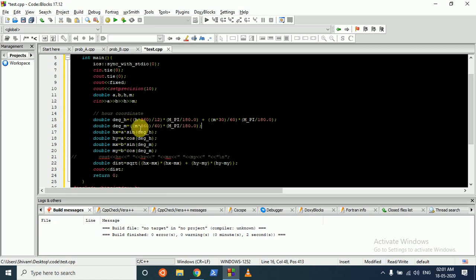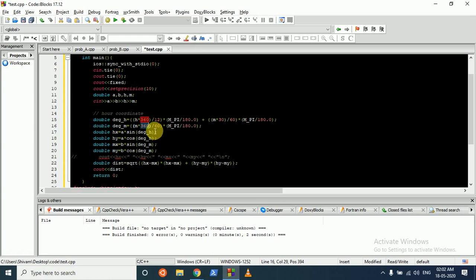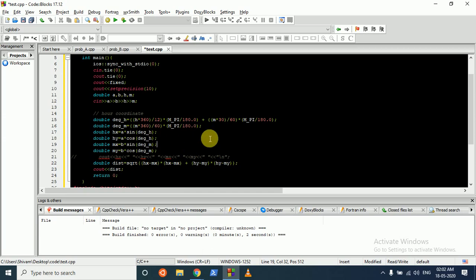For finding out the minute hand, we can just use the minute divided by 60 and multiply it by 360. So what we are actually doing is, as we know, in 60 minutes it will complete 360 degree. So if we are given that after 15 minutes how many degree it will complete, we will just use this formula: 15 divided by 60 into 360. But now we have to convert it into radians. So multiply it with M_PI. M_PI is a constant for storing the value of pi. It is an inbuilt value, so you can just use this for pi upon 180 degree.